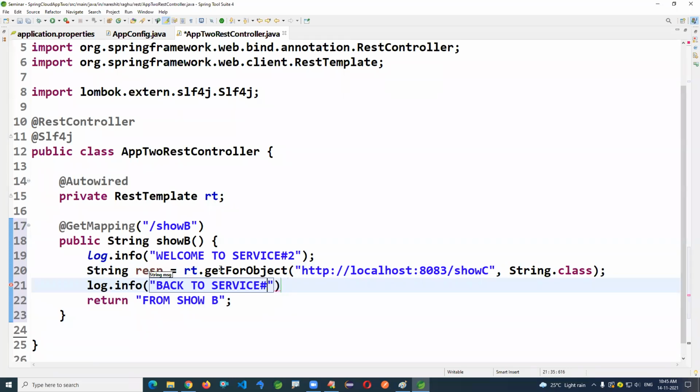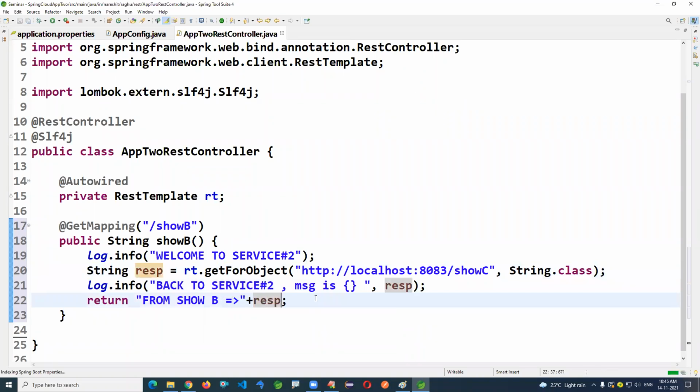Back to service 2. Message is, comma, response. And response.